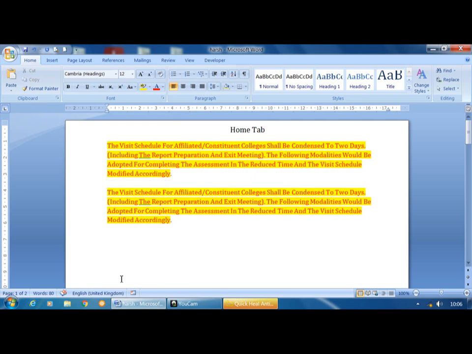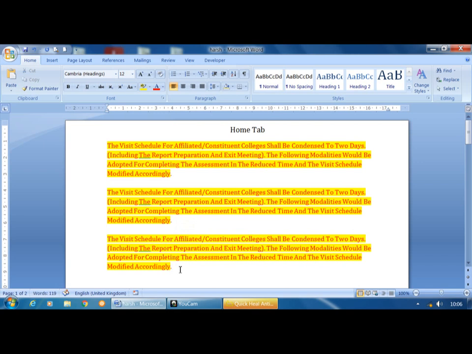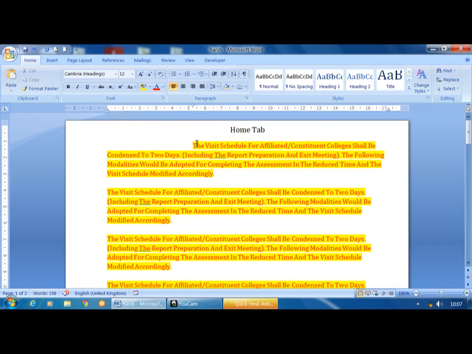So second paragraph, this one is a third paragraph, this one is a fourth paragraph. Now I will apply the indents. The first one is a first line indent. Place the cursor at the beginning of the first paragraph, then just drag the first line indent toward the right side. It moves only the first line to the right side, so the remaining text will be as it is. Second one is the hanging indent.